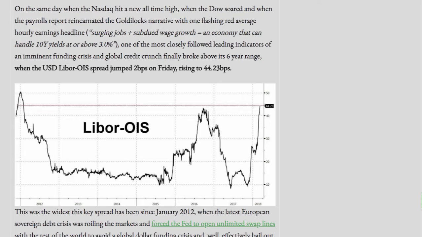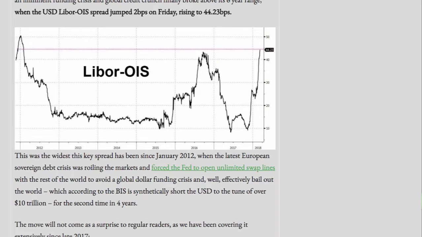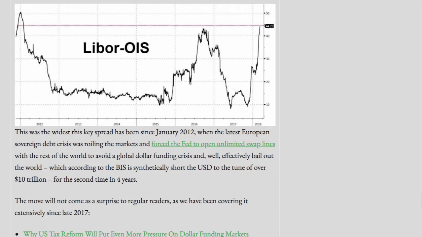One of the most closely followed leading indicators of an imminent funding crisis and global credit crunch finally broke above its 6-year range when the USD LIBOR OIS spread jumped 2 BPS on Friday, rising to 44.23 BPS. This was the widest this key spread has been since January 2012, when the latest European sovereign debt crisis was rolling the markets and forced the Fed to open unlimited swap lines with the rest of the world to avoid